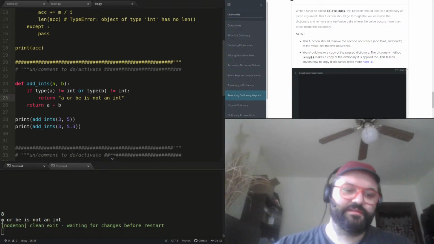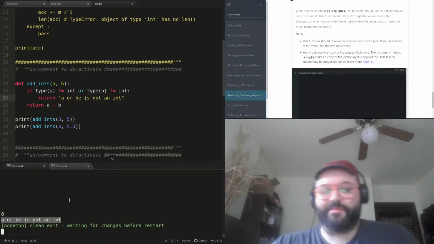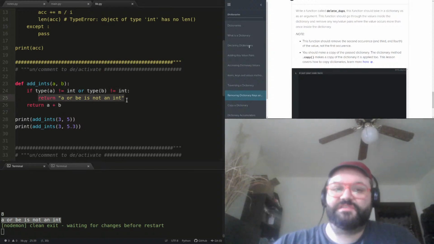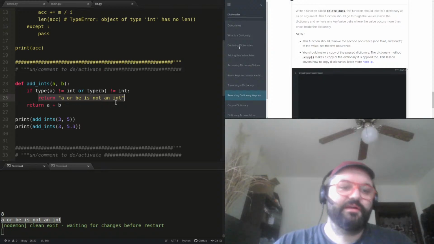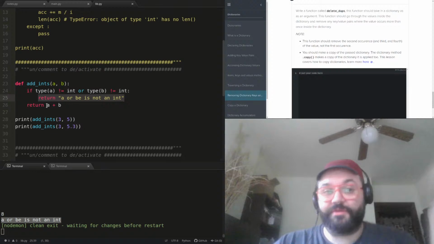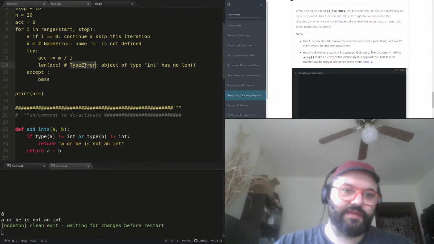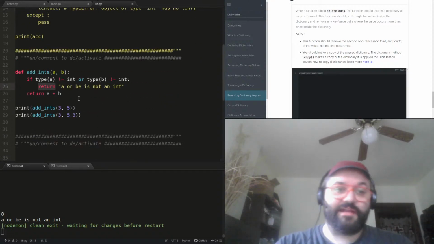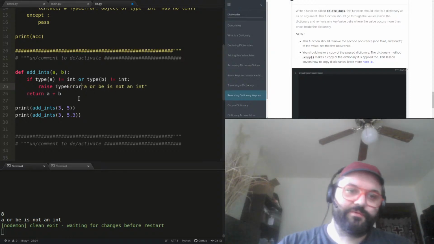And then we get this. This is kind of like an error. This is in the spirit of an error, but it's not really a proper error. I'm just returning something that is sort of an exception to what I would normally return. It's the idea of an error, but not really a proper error. If this was an error, it would be a type error. So I got that type error here. And if I want this to actually act like an error, I can say raise TypeError.